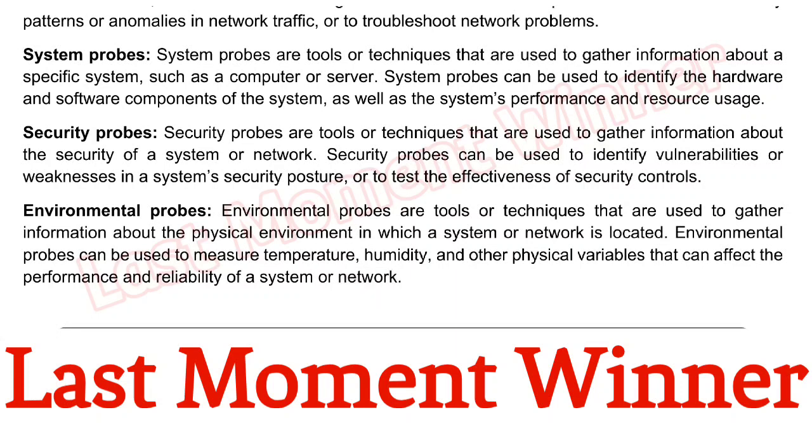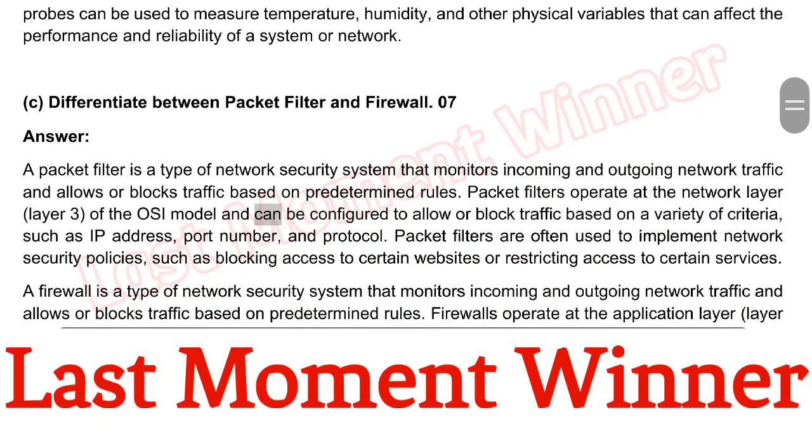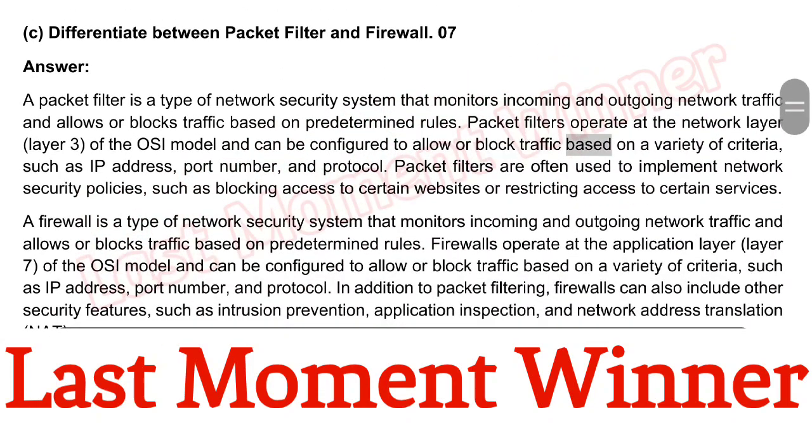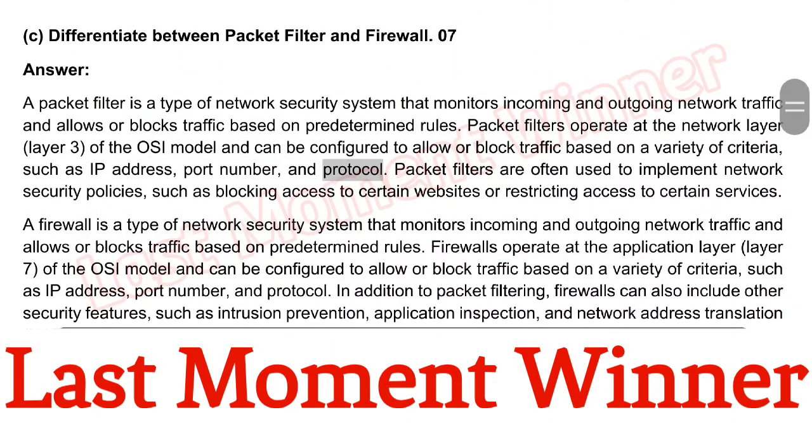C. Differentiate between packet filter and firewall. Answer. A packet filter is a type of network security system that monitors incoming and outgoing network traffic and allows or blocks traffic based on predetermined rules. Packet filters operate at the network layer, layer 3, of the OSI model and can be configured to allow or block traffic based on a variety of criteria, such as IP address, port number, and protocol. Packet filters are often used to implement network security policies, such as blocking access to certain websites or restricting access